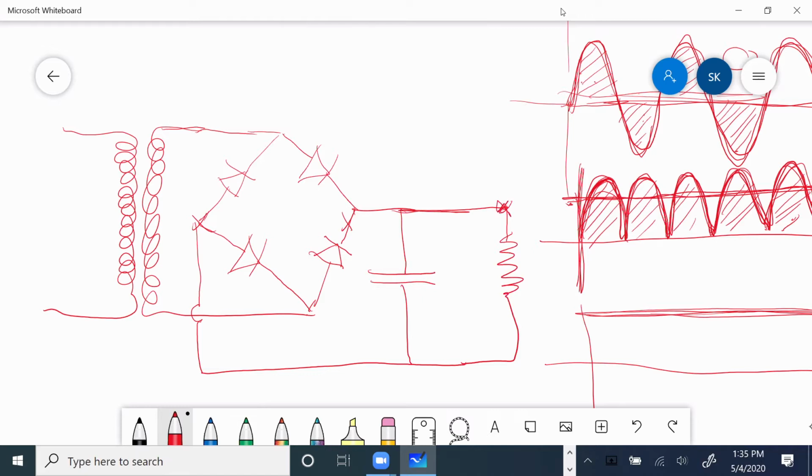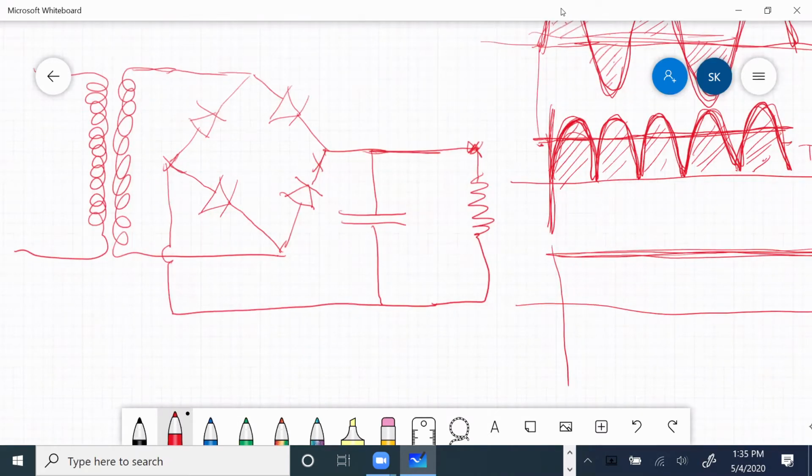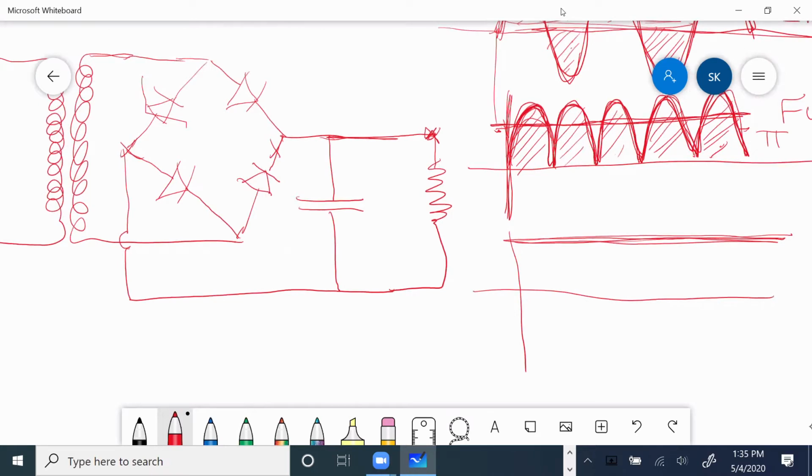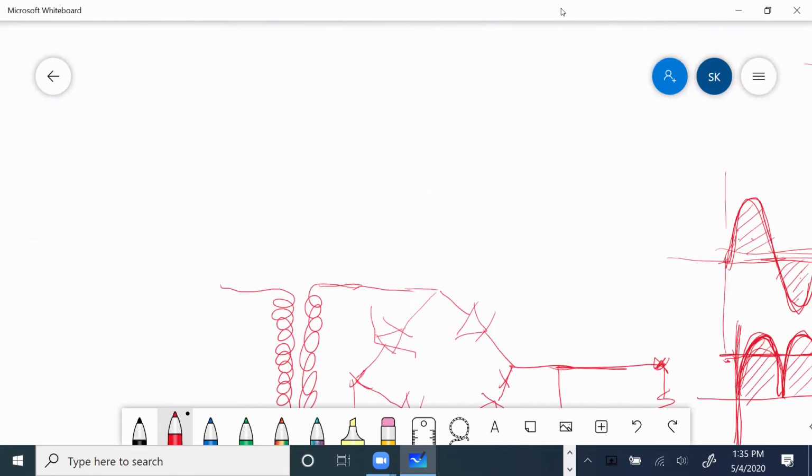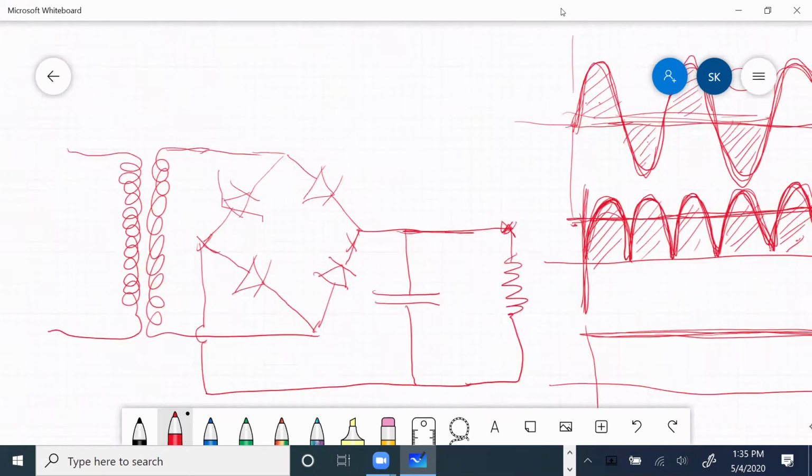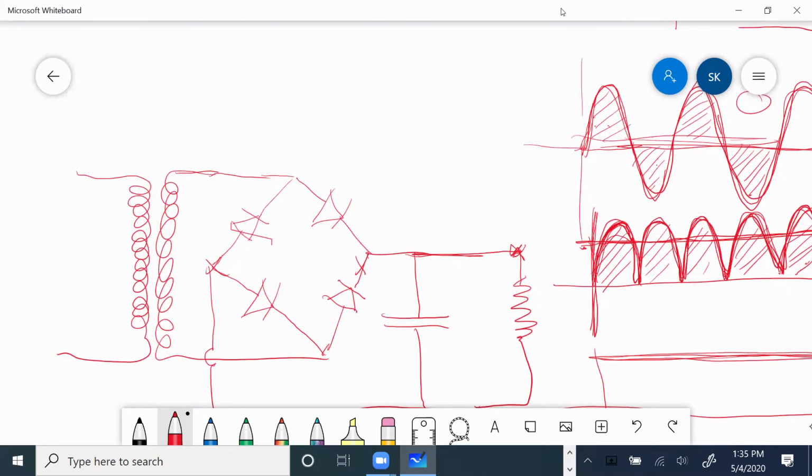Now look at this. The voltage here, oops, why is it doing this? The voltage which I had there,